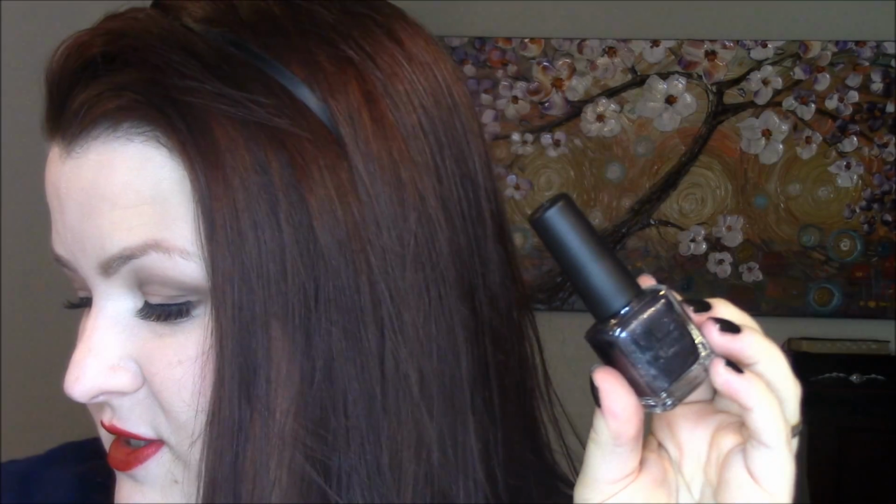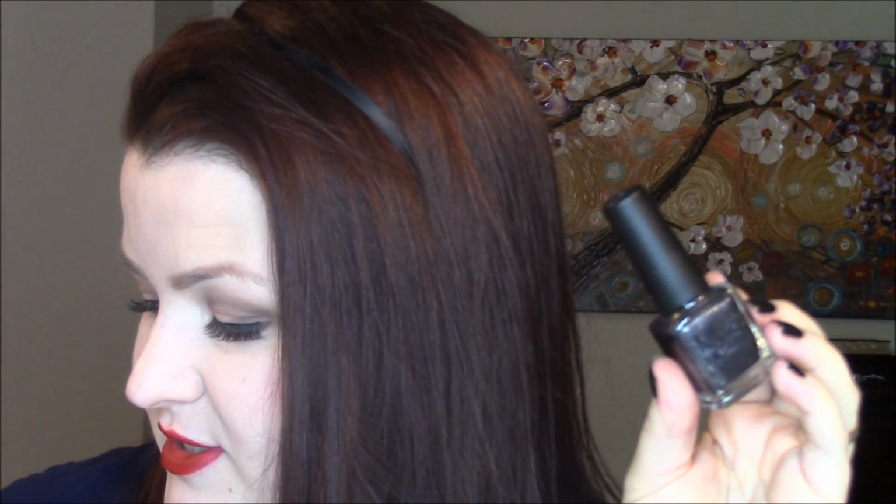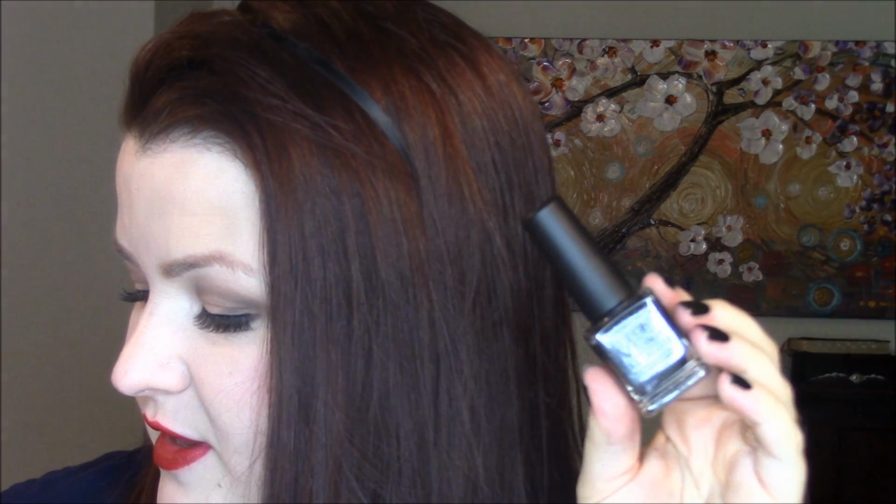Alright, so let me show you the second set of 4. This one is called Sitting Careless, and for some reason it's in quotes. And there's actually a number of dark polishes in this collection, and they're all kind of in the gray family. There's like a true gray, and then there's a gray blue, gray purple, and gray green. This one I would say is the gray purple, and you're gonna look at it and be like,